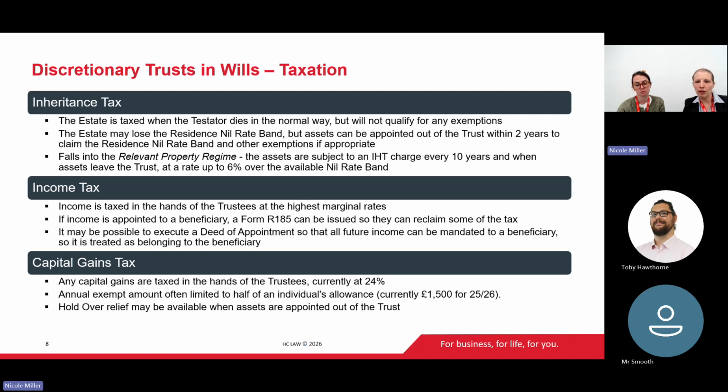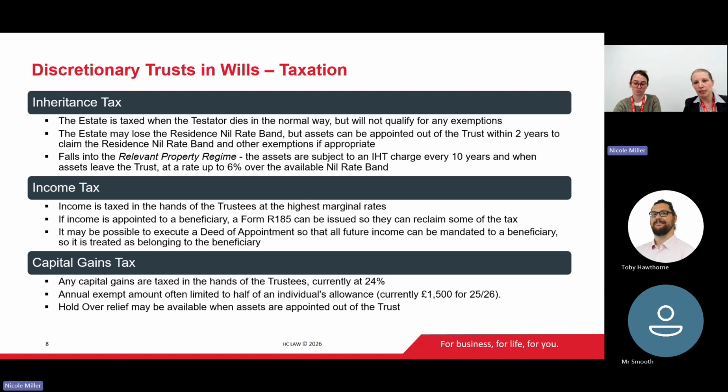But the trust itself then wouldn't qualify for any exemptions such as the spouse exemption or the charity exemption, because the trust itself is not benefiting a spouse, it's not benefiting a charity outright. So there is potential that you would lose some of the exemptions and some of the tax benefits there. But as I said a moment ago, if assets were appointed out of the trust within 2 years, then there's a sort of writing back provision, which means that we can treat the will as if it had always paid the funds directly to that spouse or that charity. So there's the benefit there of being able to consider the circumstances and still get those exemptions if